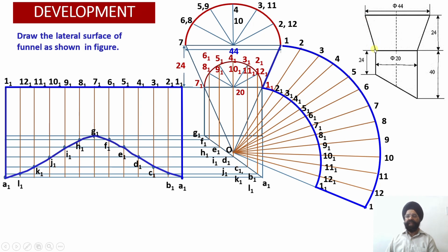So this is all about the discussion regarding the development of a funnel. Now if we join this part, roll it, and then roll this other part and join these two parts, this funnel will be your final end product, right? This is how we can obtain the development of a surface, and we are not treating it as a single object. We have divided it into two components, and both have been developed separately using the radial line as well as the parallel line development methods.